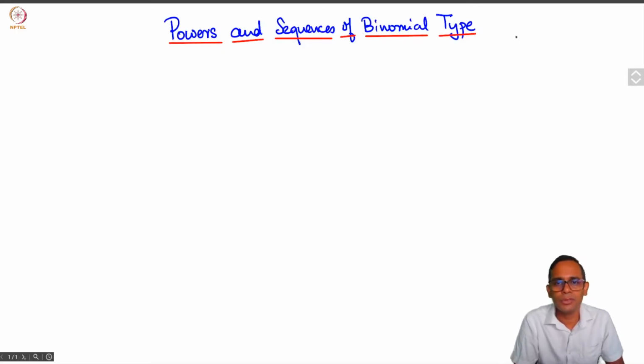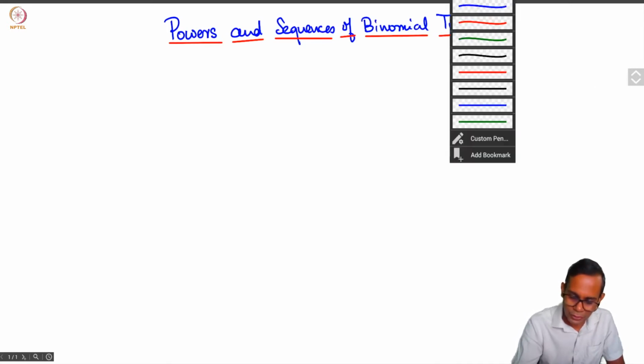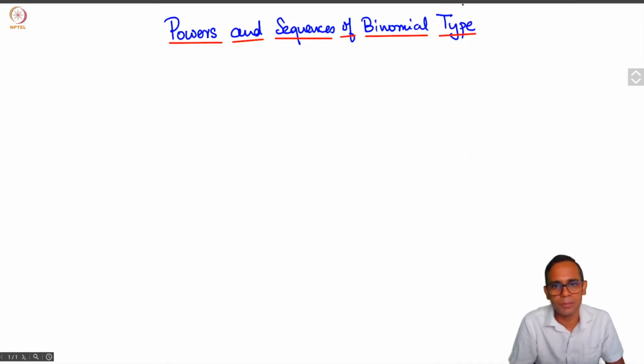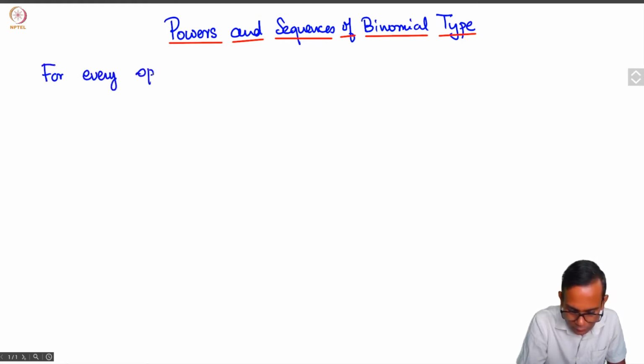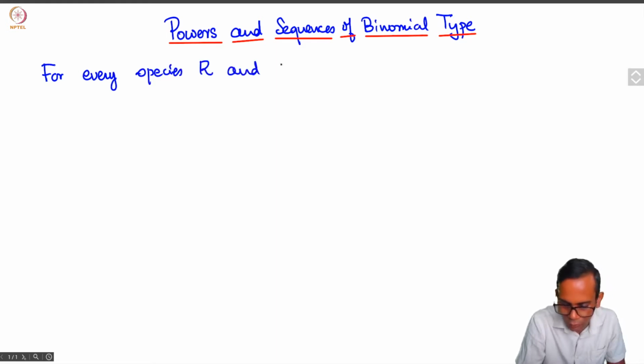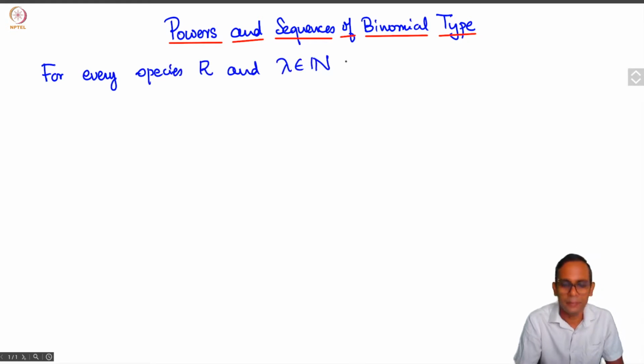In this lecture, I'm going to show you an interesting relationship between powers of a species and what are known as sequences of binomial type. So for every species R, and every non-negative integer lambda, let's write,